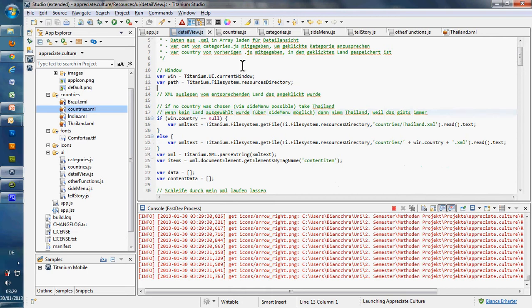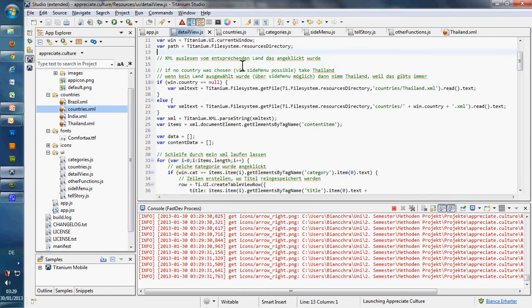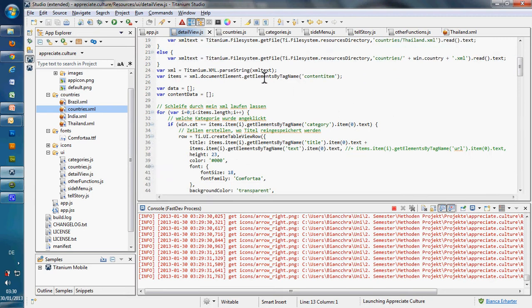So at the beginning you will have to look for the country XML again, and if maybe somewhere it's forgotten, you have an if declaration, so then you get Thailand XML. But normally you get your country XML which you chose, and then you have to look through the XML for